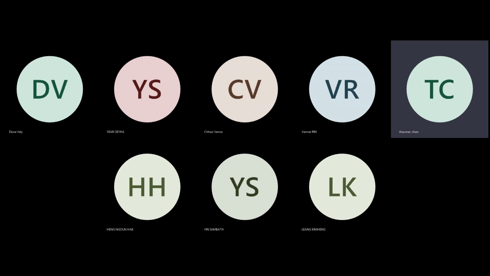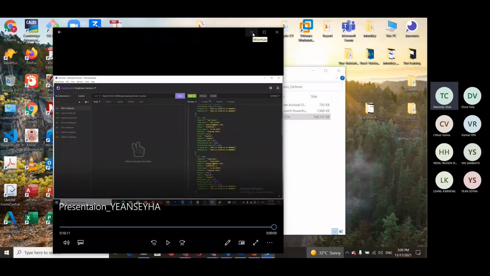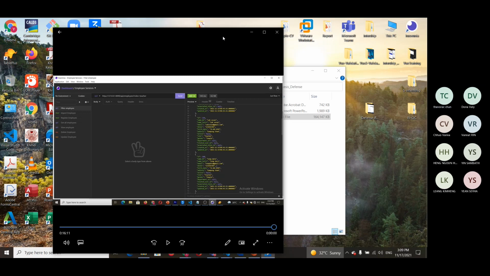I see in your slide presentation you are using Lumen for the backend, right? Yes, teacher. Can you tell us the difference between Lumen and Laravel? Thank you for your question, teacher. Lumen is just a micro framework that we are using for serving only API requests. But Laravel is the framework that also contains the view, and users can use it to view the front page. Lumen is just a small micro framework from its parent Laravel that we use only for serving micro requests for API purposes, teacher.